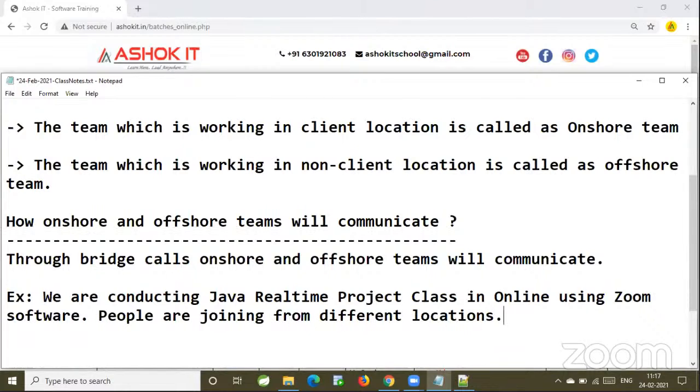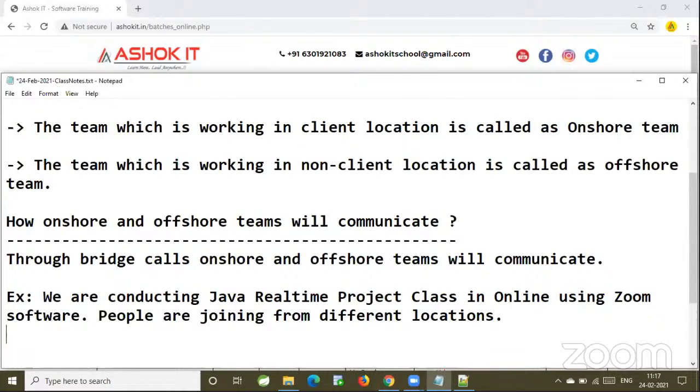We all are not in the same location, but we are connected and we are able to communicate. Are you able to see what I am typing in the notepad? Are you able to hear what I am speaking here? You are able to see whatever I am doing in my system, whatever I am typing, and hear what I am speaking.